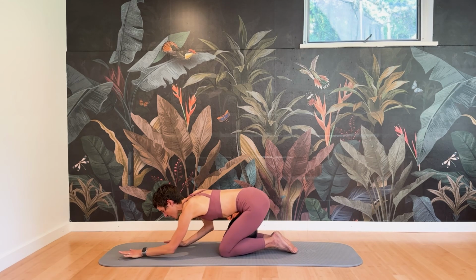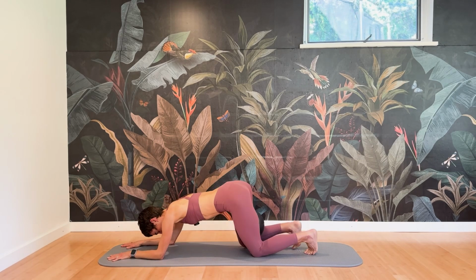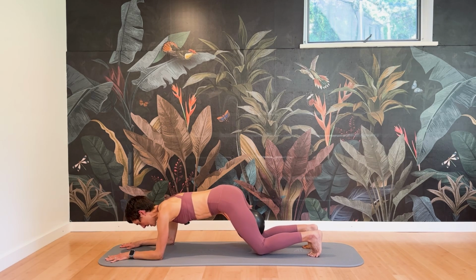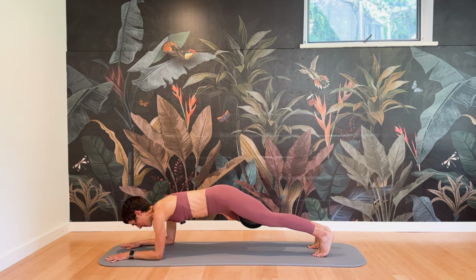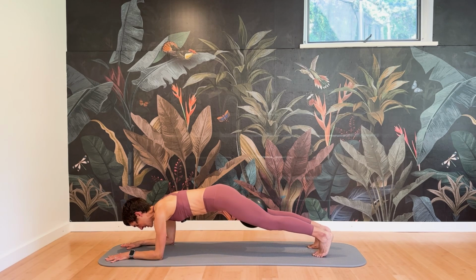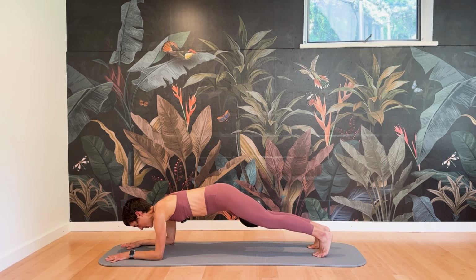And then onto your forearms. Keep that ball. Walk your knees back so that you have the spacing right for a plank. So you've got your toes tucked under, and then push into the plank and just hold it right here. And then twist one side of the pelvis down and then twist the other way, keeping that tight squeeze in the ball. So you should feel pelvic floor switched on,